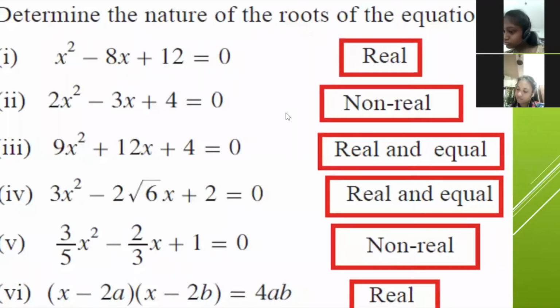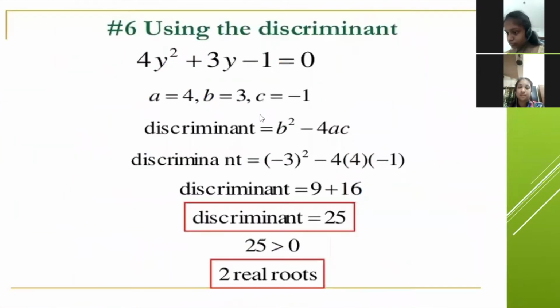So all of you got that the first one is real, the second one is non-real, like imaginary roots. Yes, sir. We'll go to sums. Children, don't do this, it is just for understanding. Pranavi? Yes, sir. So here, somebody mute, children. It's getting disturbance.